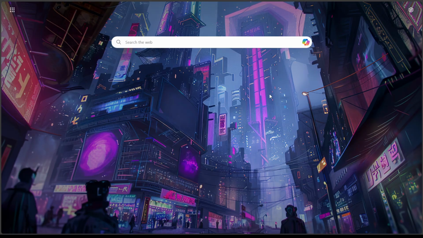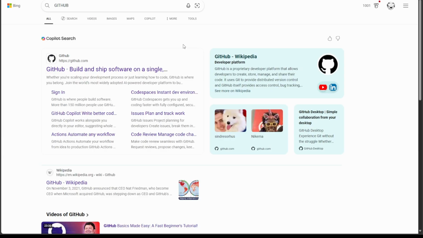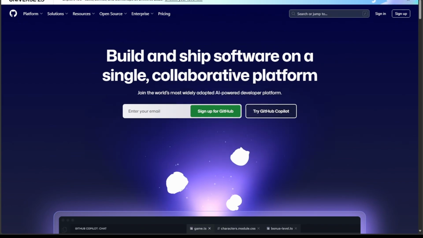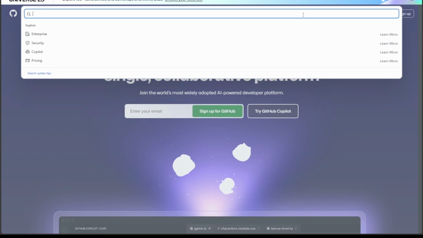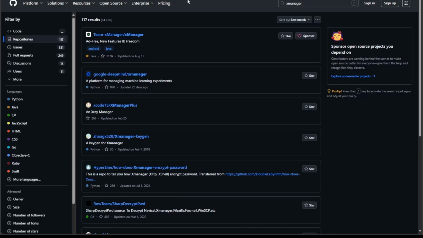First of all, what you have to do is search for GitHub. Basically, I'm showing you how to install this using a browser, so just use the browser of your Android device. Open github.com, and once you're here, search for XManager, press enter, and then on the first search result,